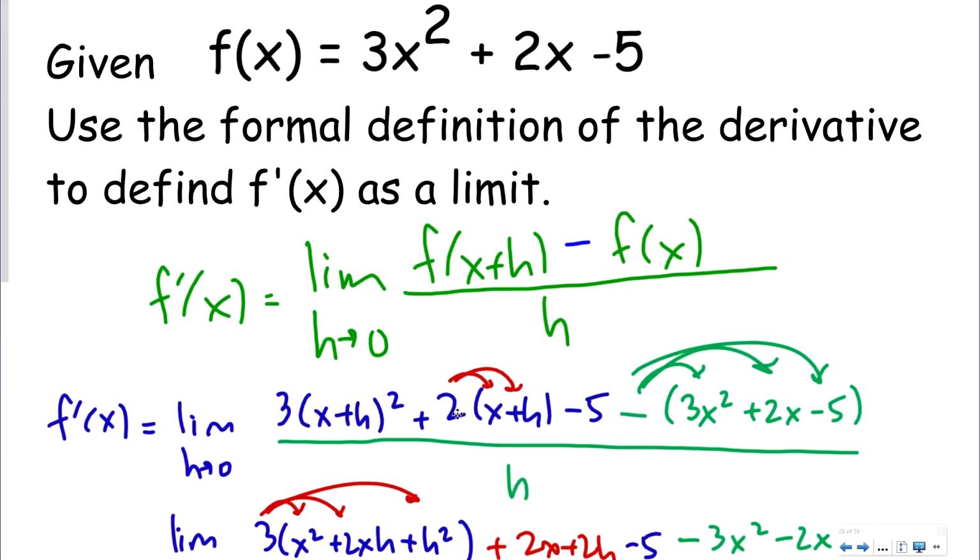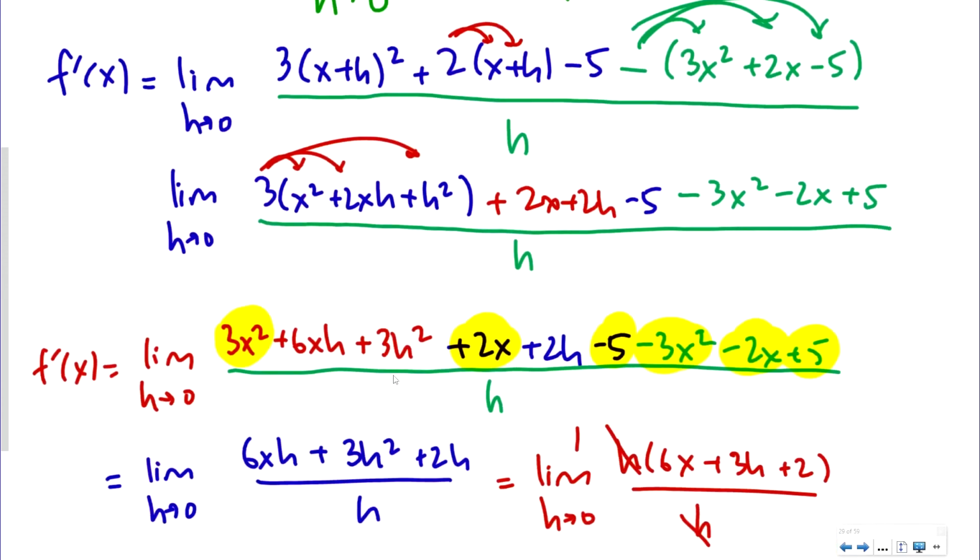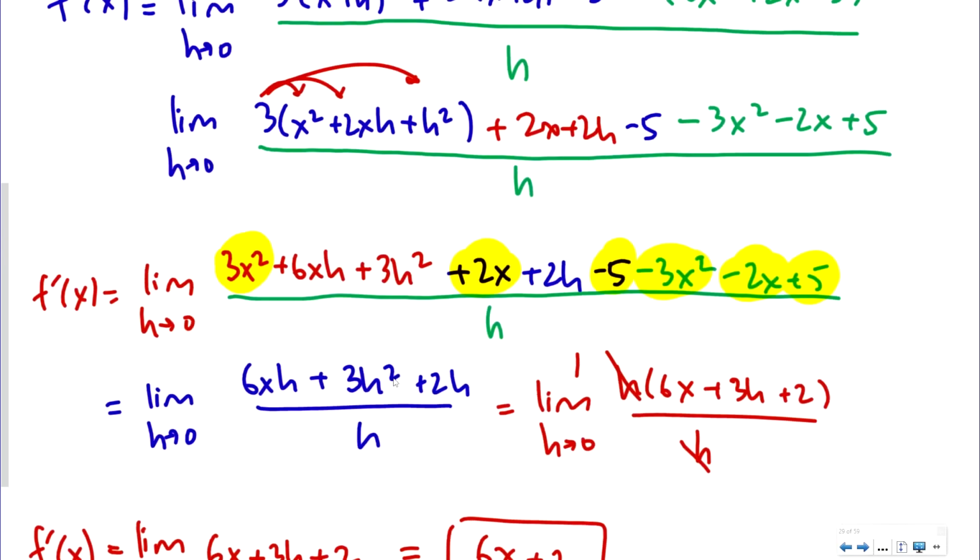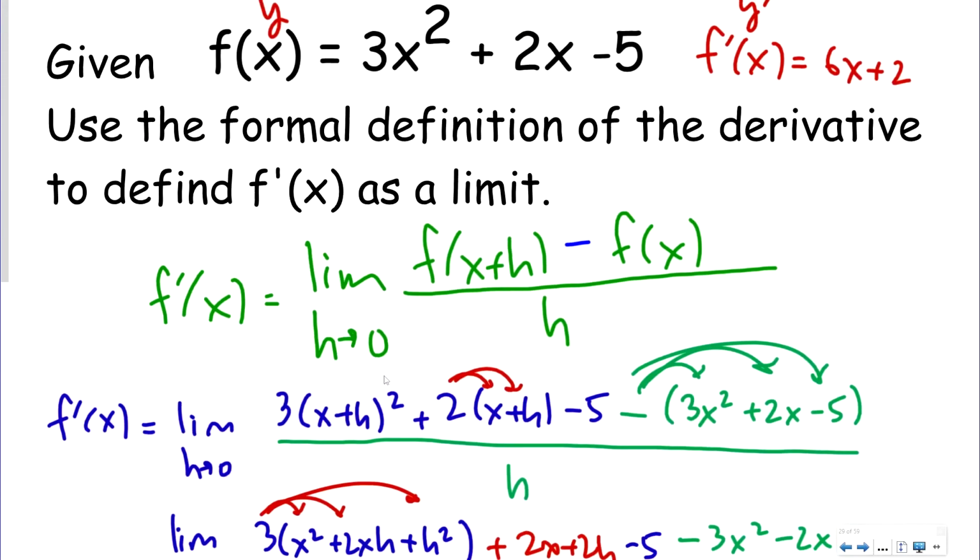So what does that mean? That means up here that the derivative of this, so this is your y, okay? But if you wanted your y prime or your f prime of x, that's equal to 6x plus 2. Okay? So I'm going to show you a secret here. You can use this long method to figure out the derivative of things, or you can use what's called the power rule. Okay? And the power rule says that if you have this polynomial,